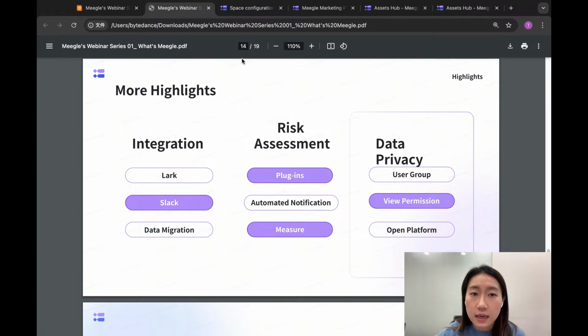And the next highlight I want to address is risk assessment, because during a project journey, of course, we always want to keep track of the potential risks that we can have. And in this case, we also have several solutions. For example,